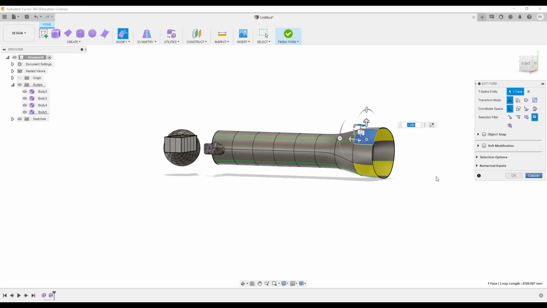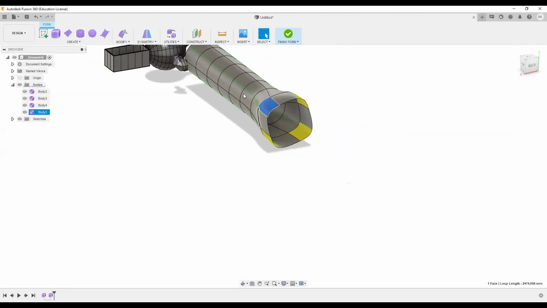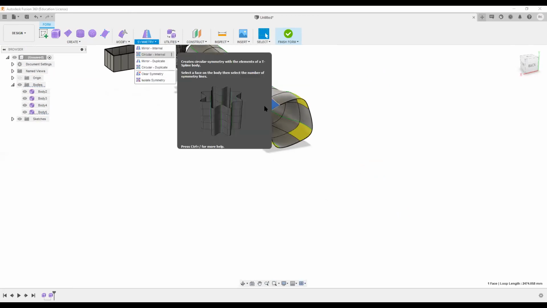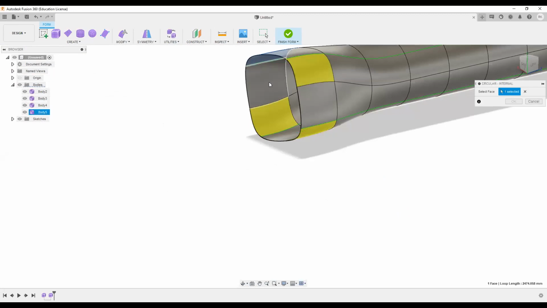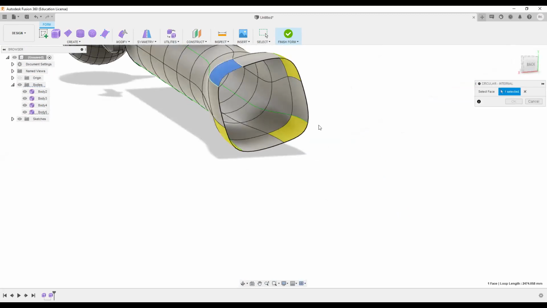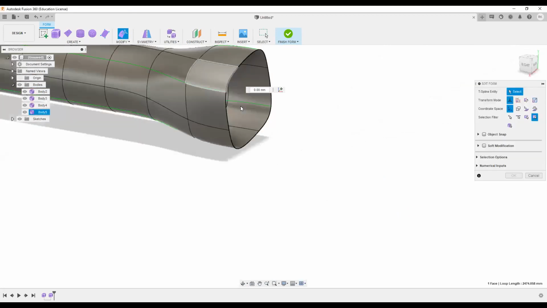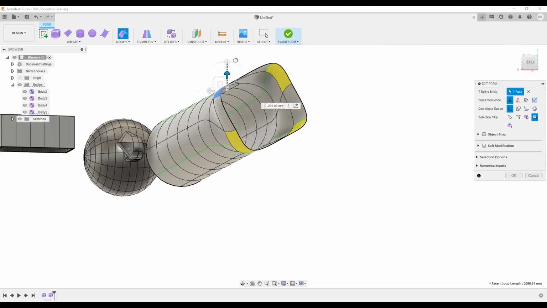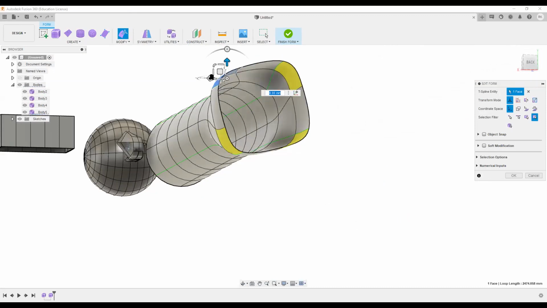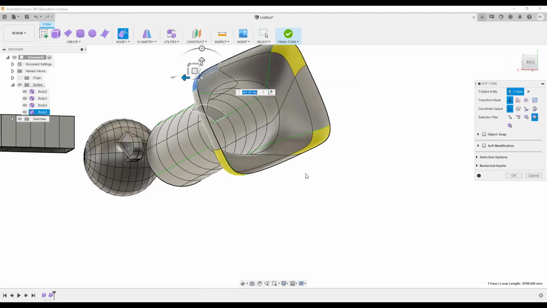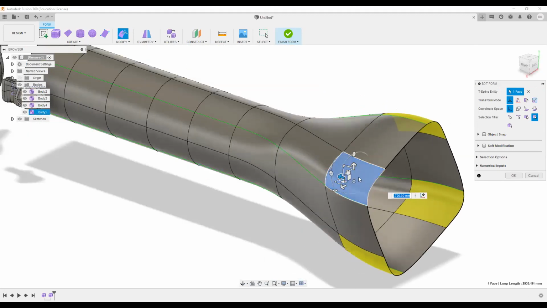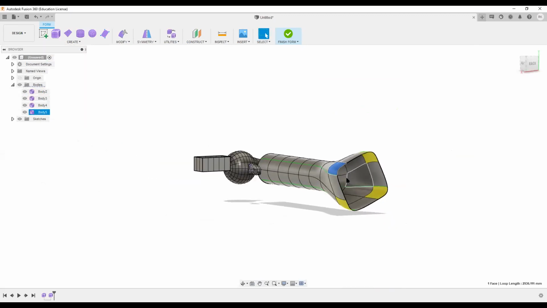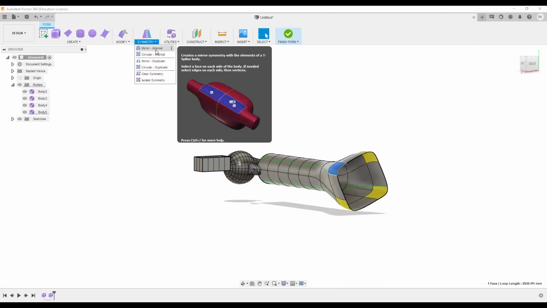As you can see, I've selected the circular symmetry of this particular body, and I've made all the four faces symmetrical. So if I change one of the faces, we can see the changes in all the faces. See, the same change you can see in all the faces. This way we can make it circular also, and we can make this mirrored thing also.